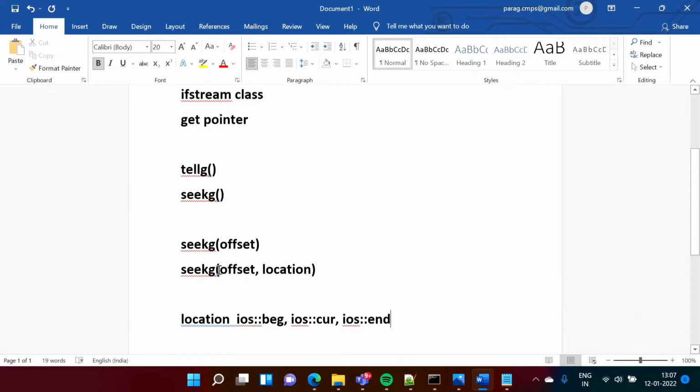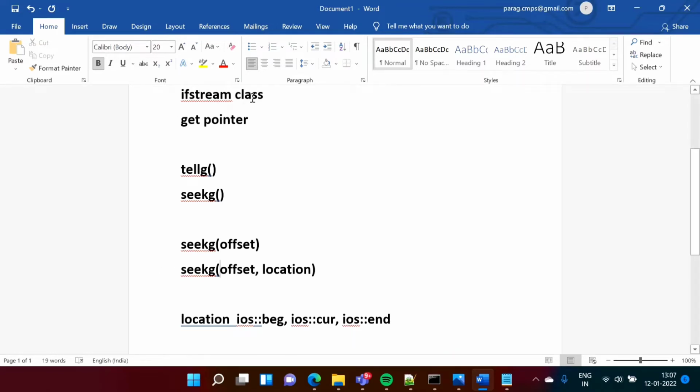Now see, if it is plus, means normally if you don't mention sign, that means it is plus. So it will go towards the right. For example, like this, in this direction. If you mention minus, for example -5, -10, then it will move towards left. So that thing will do. So in example that we'll see.